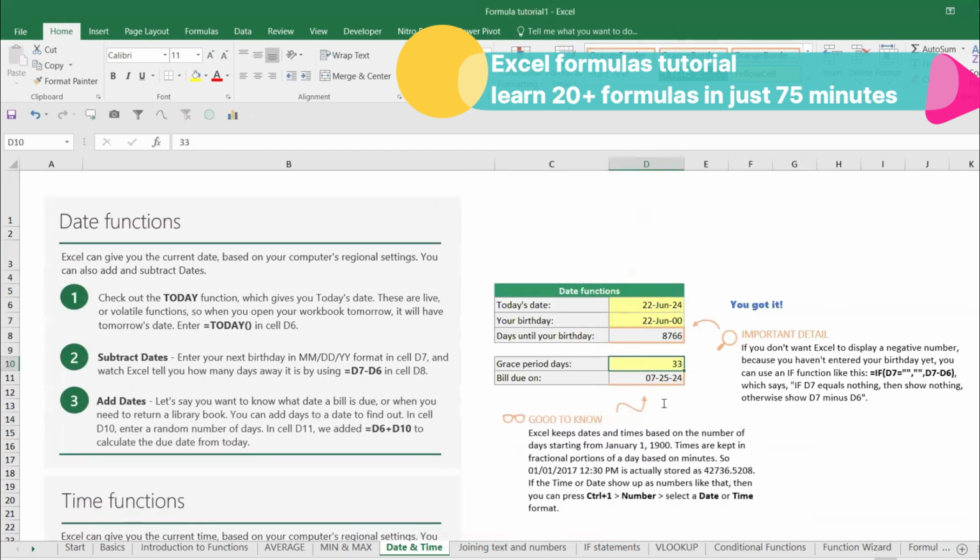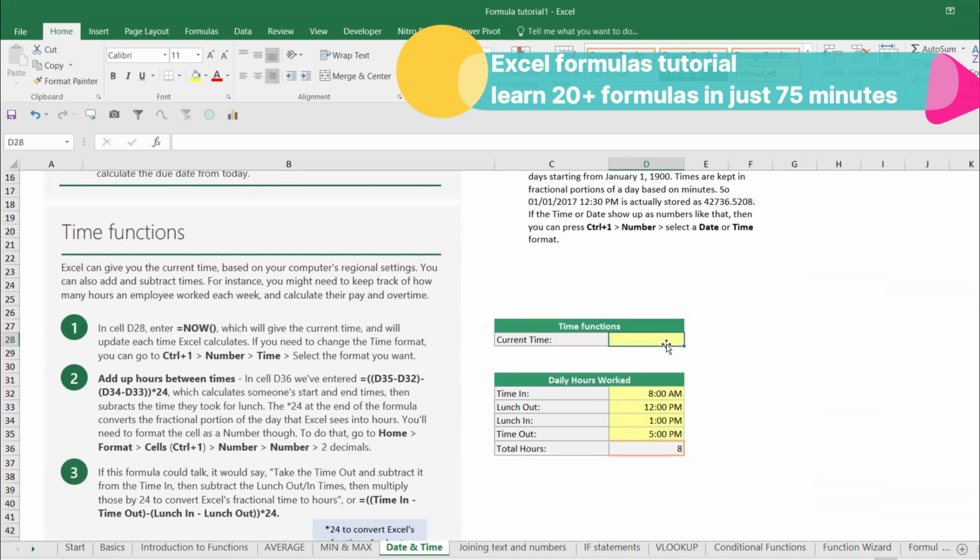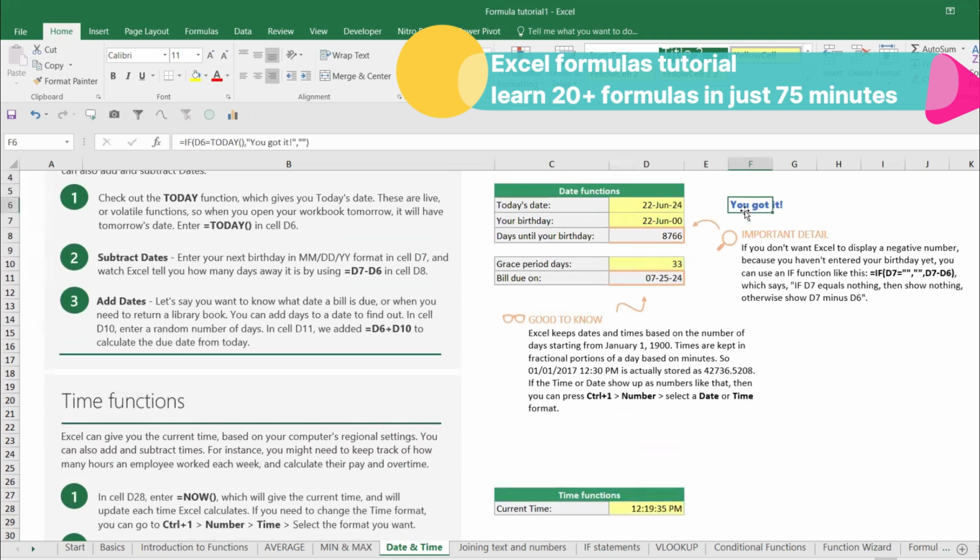Okay, so now this is all about date, right? Similarly, we can do time. If you want to find the time, there are two or three ways we can do it. One, we can do it like this. Now it will give the time. So it has given the time, 12 noon, 19 minutes, 35 seconds, right? It has stamped that value. And let's say you wanted to have it like this,